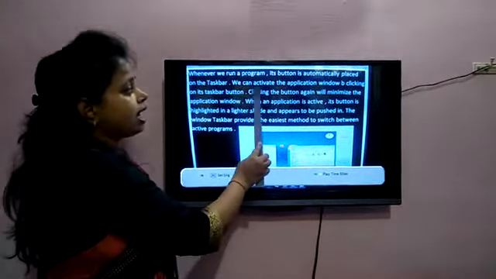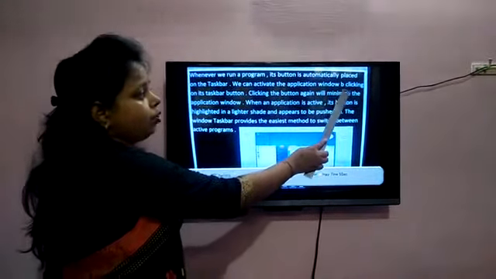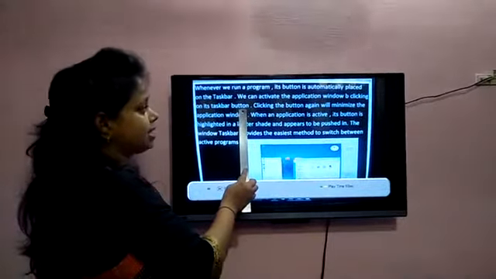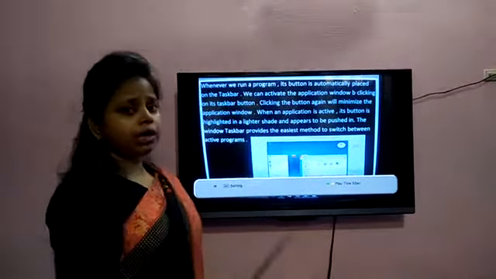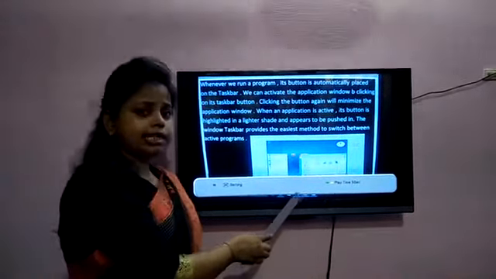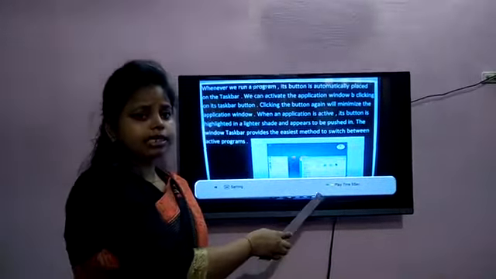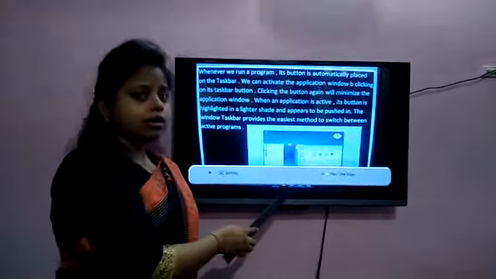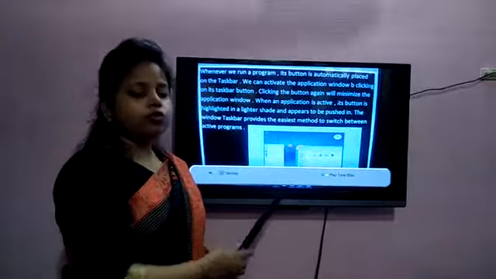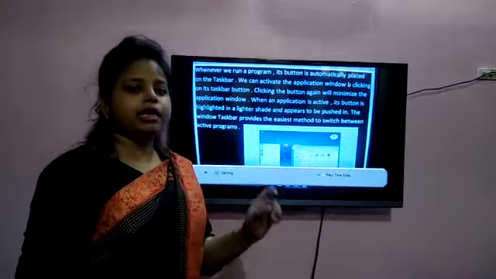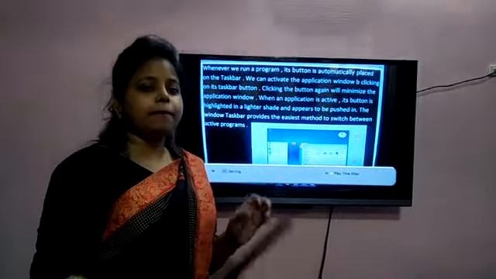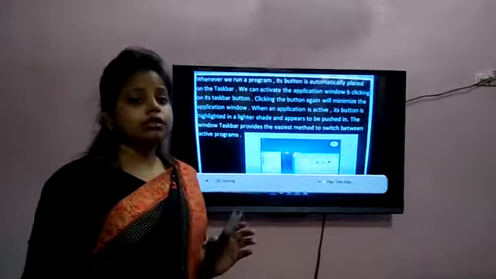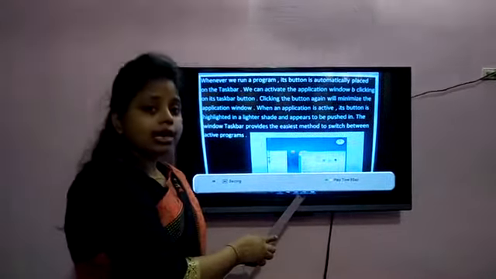We can activate an application window by clicking on its taskbar button. There are so many icons, like Paint, Notepad, MS Word. Which program do we want to make active? Active means to make it ready for use. So we have to click on that icon.